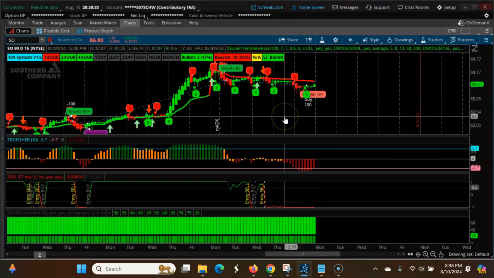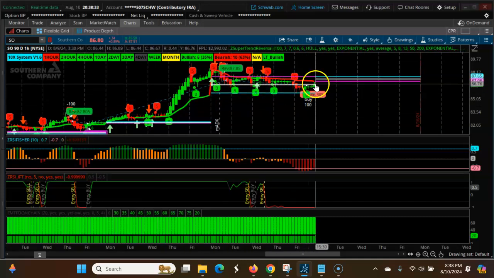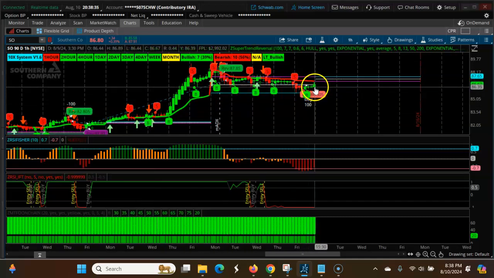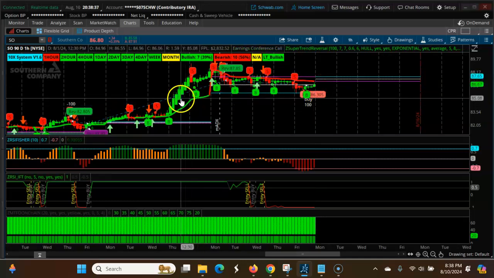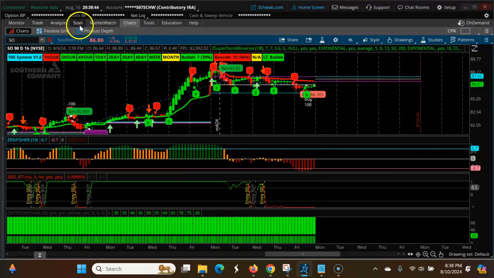Okay, it's pulling up. Okay, you can see the 3 CPR trending up. You want a candle like that, right? To be opening above the CPR for you to take the trade. Okay, so next one is